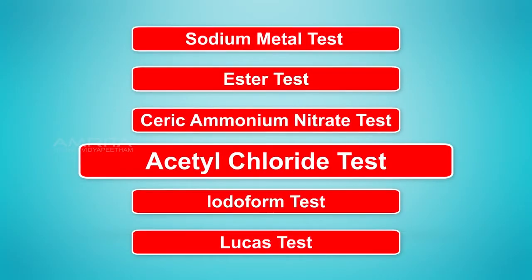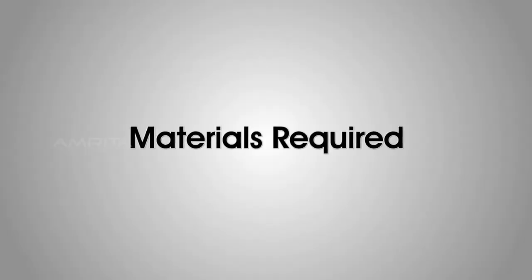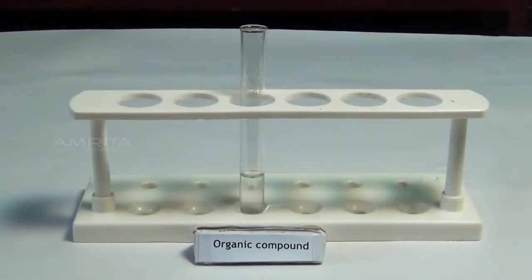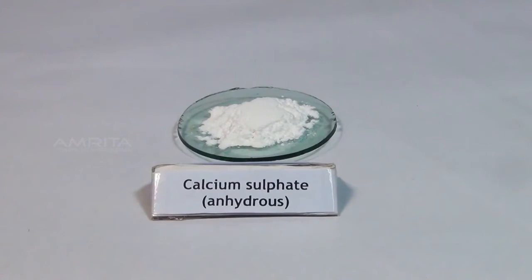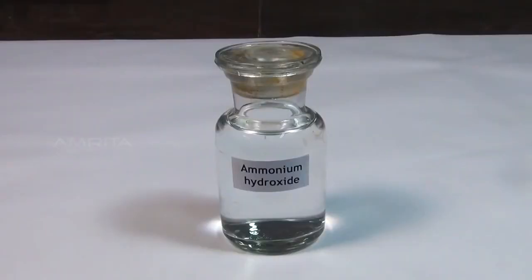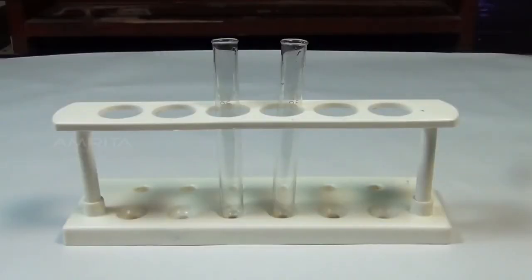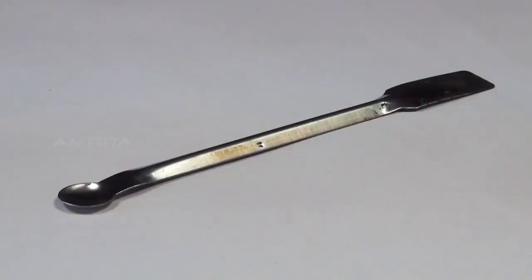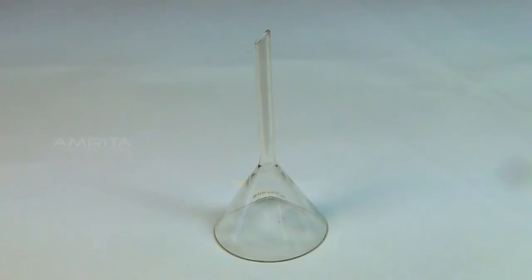Acetyl chloride test. Materials required: organic compound, anhydrous calcium sulfate, acetyl chloride, ammonium hydroxide, test tubes, dropper, spatula, funnel, filter